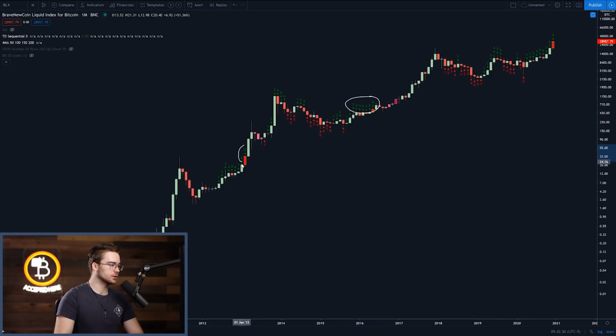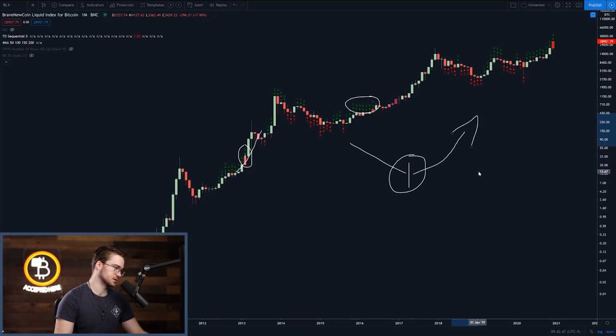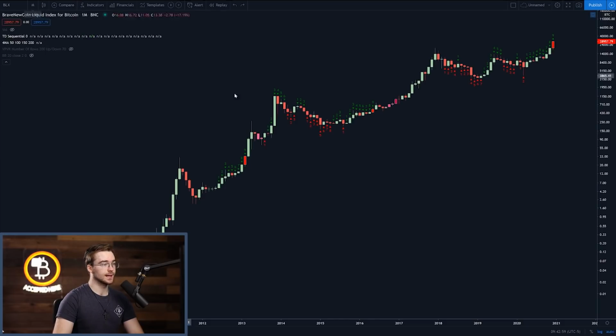Whenever the TD sequential flashes a 9 on a candlestick, that candlestick is going to turn red if the market is moving up, meaning that the market is getting overextended in the bullish direction, or if the market is pushing to the downside and we hit a 9, the candlestick will turn green, indicating a good buying opportunity and overextension of the bears. Right now, we're on the monthly chart on BLX, and what we can see is that